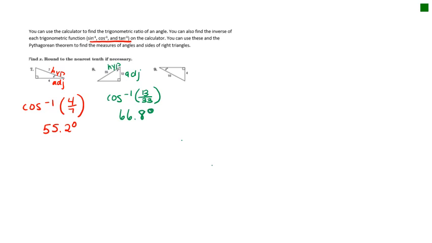And then finally, let's look at this one. Is the hypotenuse labeled? Yes. What else is labeled? Opposite. Hypotenuse and opposite could be sine. So inverse sine, opposite over hypotenuse. Type that in the calculator. Second sine, parentheses 4 over 10, parentheses, hit enter,